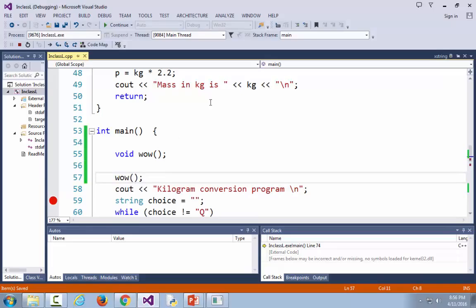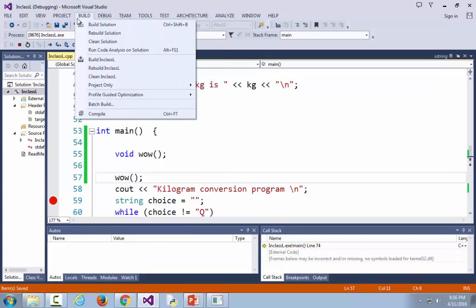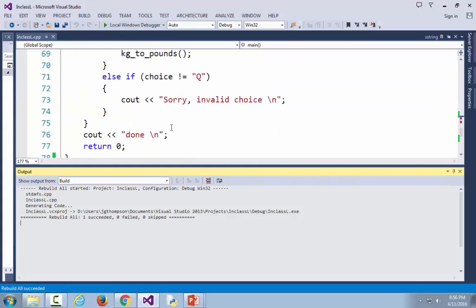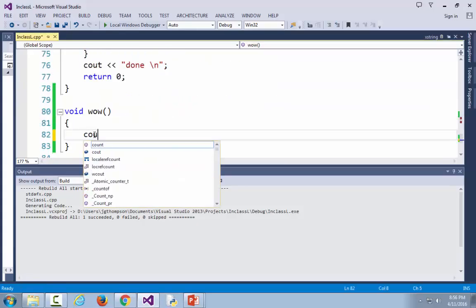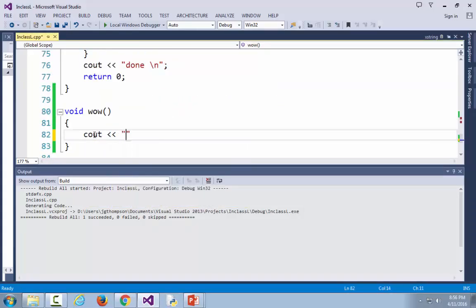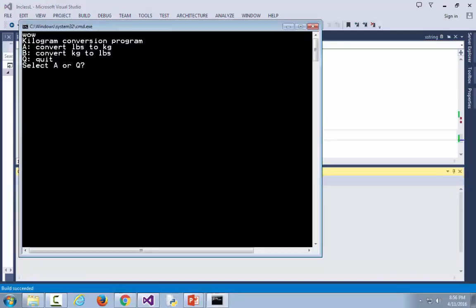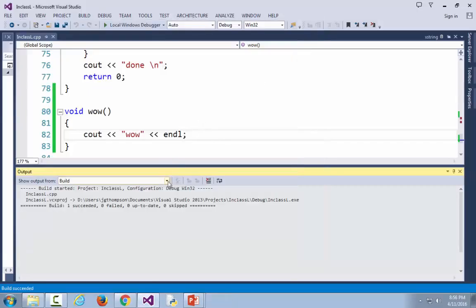Is this going to work? Let's find out. Rebuild it. I'm going to put a print statement in there. Guess what it's going to do since it's called wow? All right, it's going to print wow. Okay, here we go. And it did print wow. So you can put your prototypes inside functions,